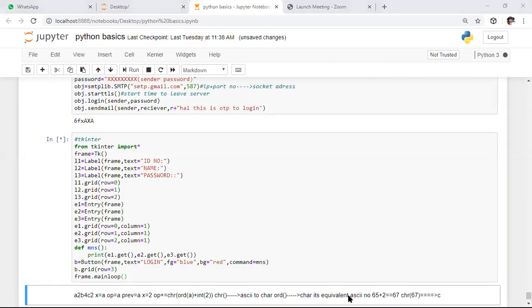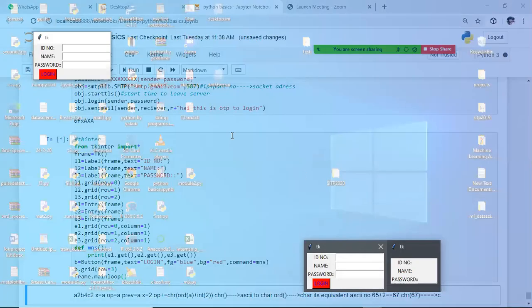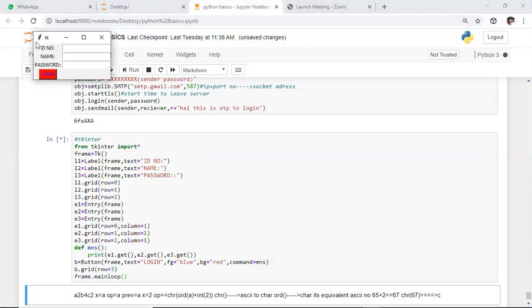Whenever you execute this portion, we will get the box. Here it is, the interaction page which I created now. In this, initially we created label 1, label 2, and label 3. Beside that, we fixed the location for those things. That's why we got all these in column 0 and different rows. We fixed these entries in the same rows as well as different columns. So column 1 is beside column 0. Let us assume this is column 0 and this is column 1.